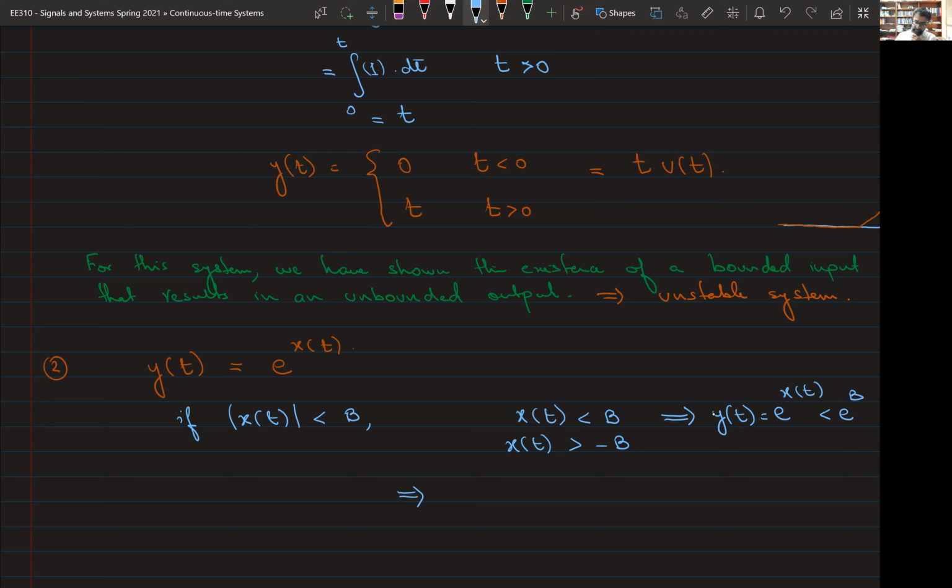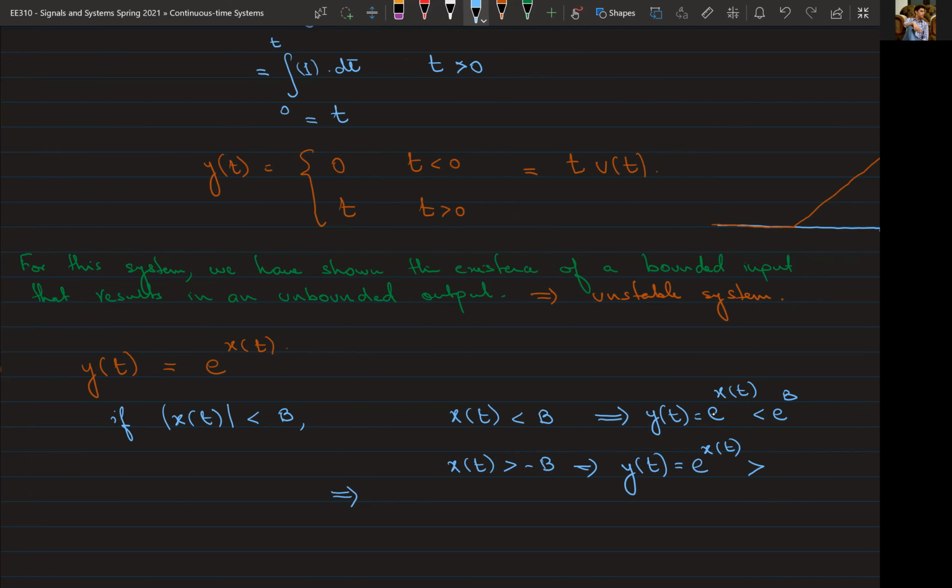Okay. On the other hand, if x of t is greater than minus b, so what can you say about y of t? Can you say that this is greater than something? So we can say that it's greater than like